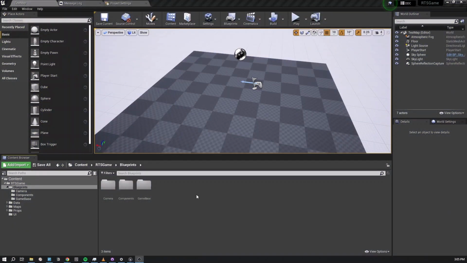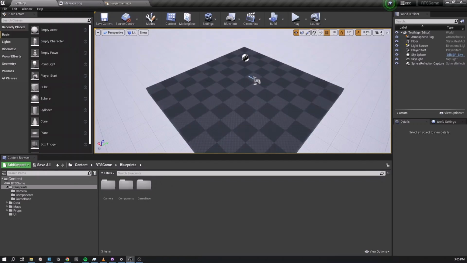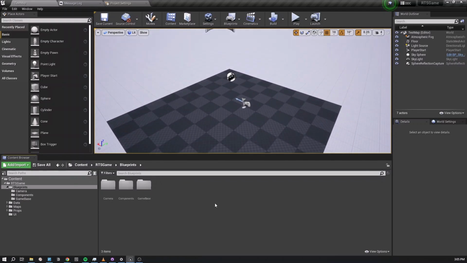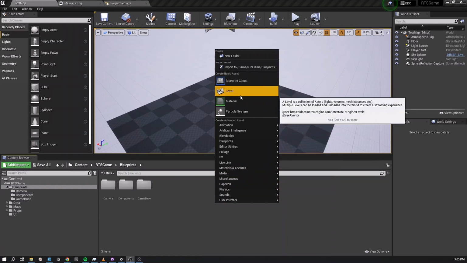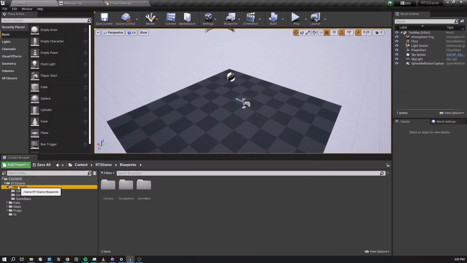Okay, so in the previous tutorial, I think we have completed our camera pawn class. So today, let's look at how we can start working with our blueprint classes related to buildings. So first, I will go to the blueprints folder and create a new folder called buildings,